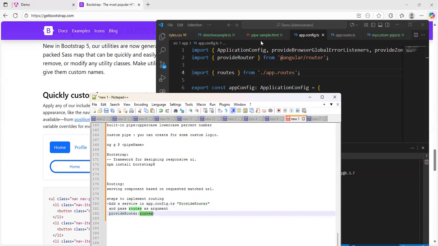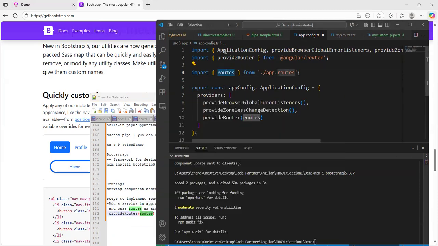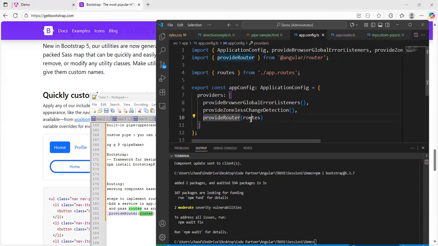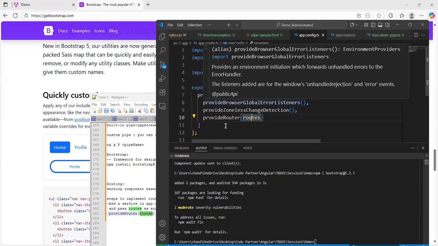Here in this service we need to pass routes as an argument. Understand this, and then go to the